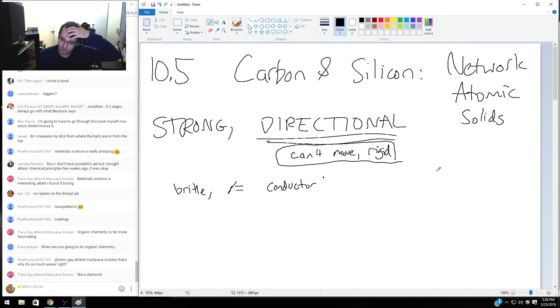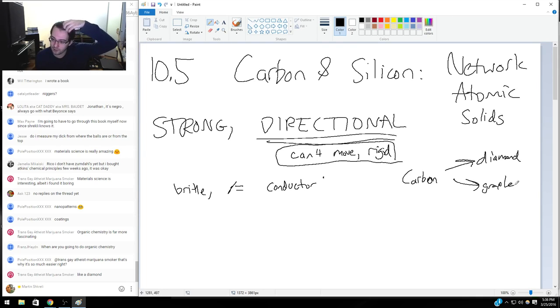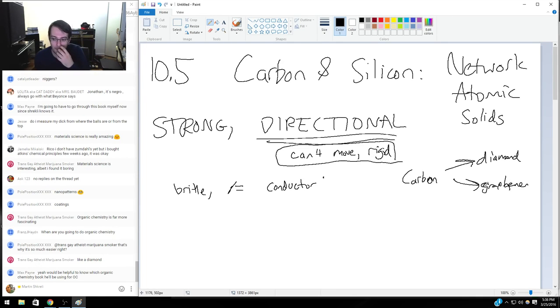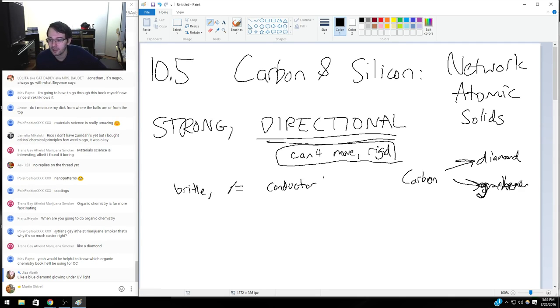So carbon forms two kinds, it actually forms a lot of kinds, but two kinds we'll study are diamond and graphene. We all know what diamond is, and think of graphene as what's in your pencil. The gray stuff in your pencil is graphene. It's not lead. Might have used to been lead, but now it's graphene is the way people do it. So graphene is interesting. It forms these kind of interesting,